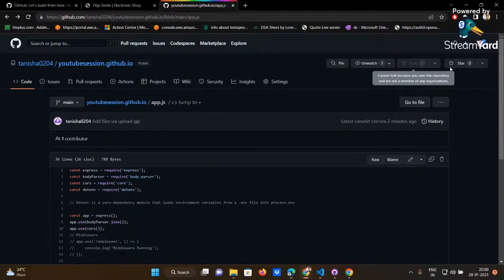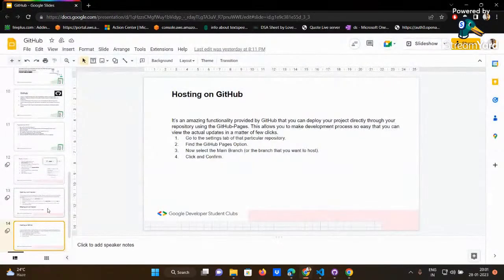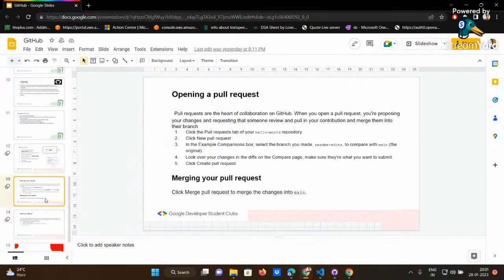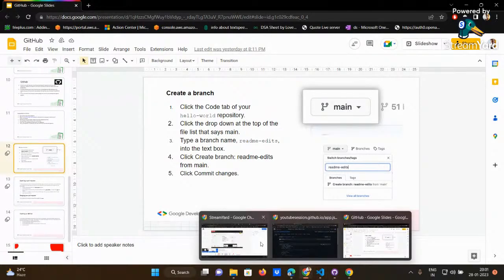Okay, there is a star mark here. If you like the project, just give it a star. Now, there are some other features which you don't need as a beginner. There is stash, a feature that allows a developer to temporarily save changes and work on it. Okay, now guys, we'll go back to this, and I think a pull request is clear now. Merging is clear. Okay, I'll show you another thing.